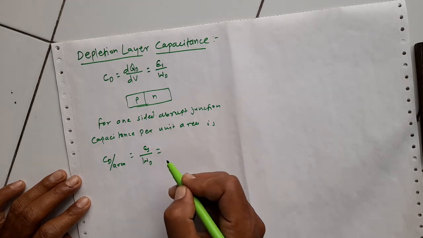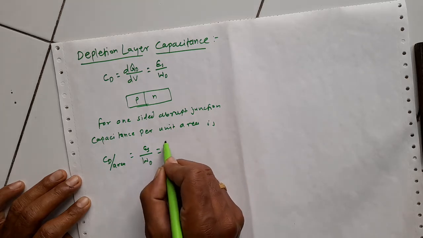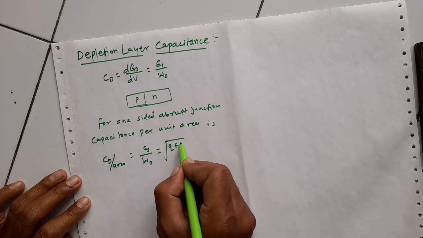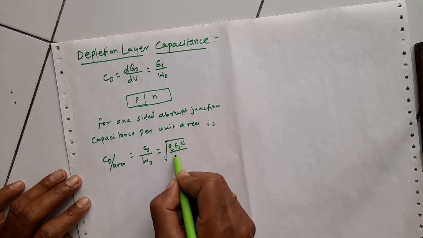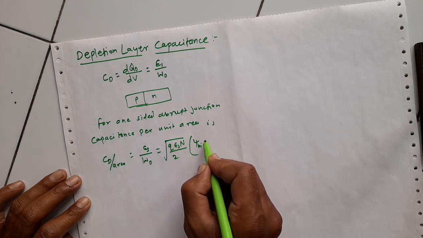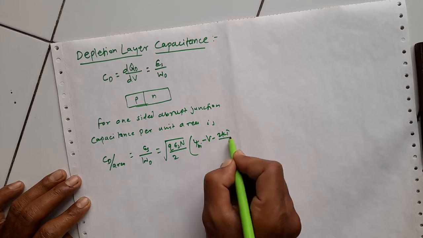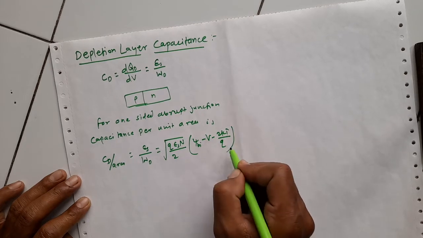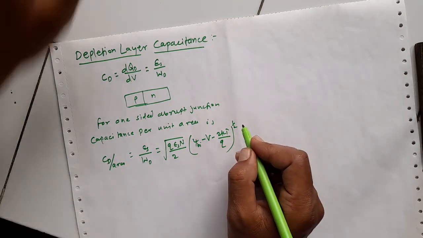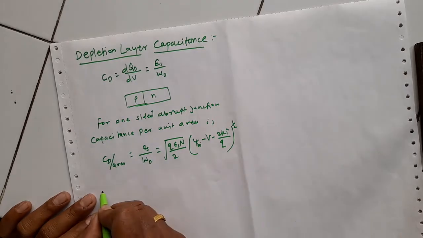We can substitute the value of W_d into it, and that will give us the value equal to the square root of q epsilon_s N upon 2 into bracket psi_bi minus V minus 2kT upon q. This is what we have seen in the last lecture as well, where